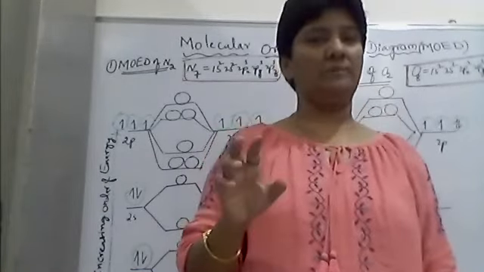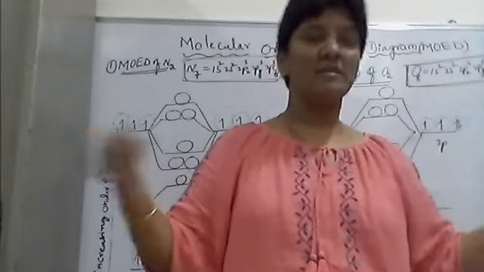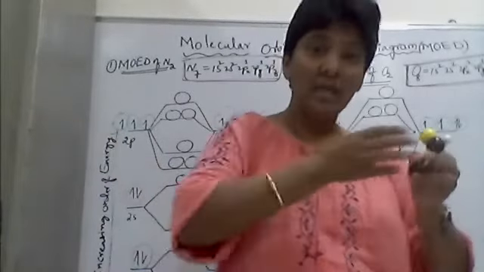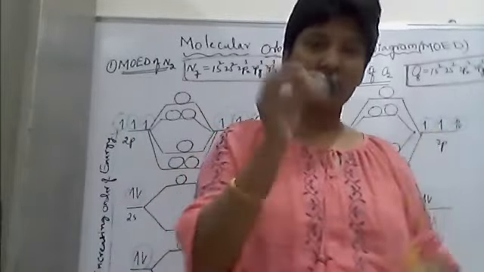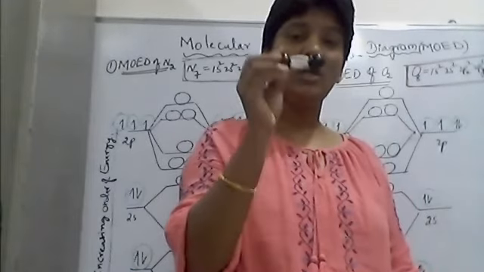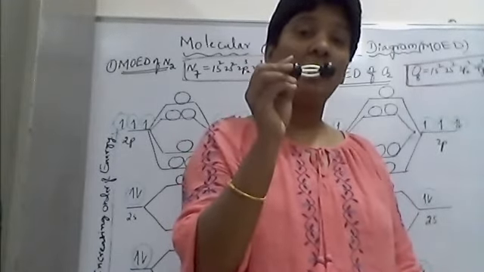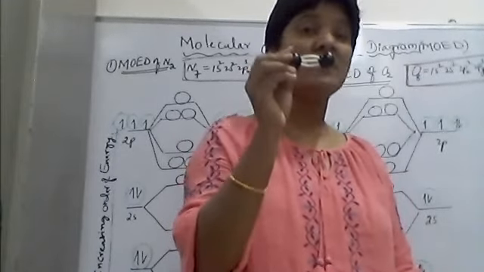Around one atom in different directions, 4 bonds are there, 5 bonds are there, 6 bonds are there. But in one direction, all 3 bonds, 1 sigma and 2 pi, are in the same direction. So between two atoms, all the bonds will be in the same direction, and in the same direction, 3 bonds are maximum. So between two atoms, what is the maximum bond order? 3 only. So a simple question will be asked.